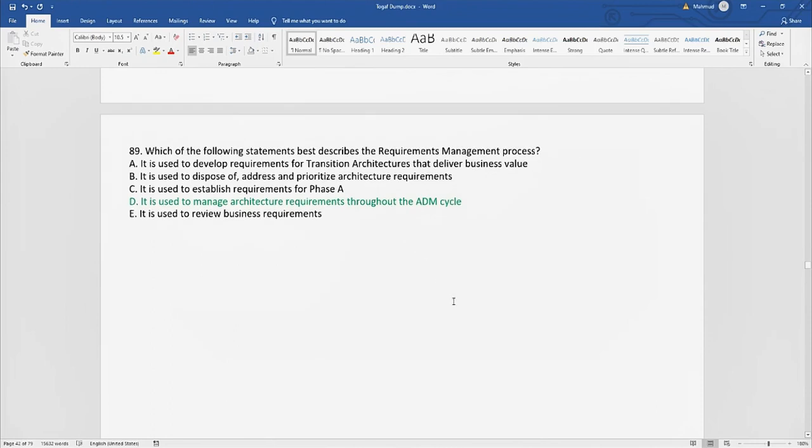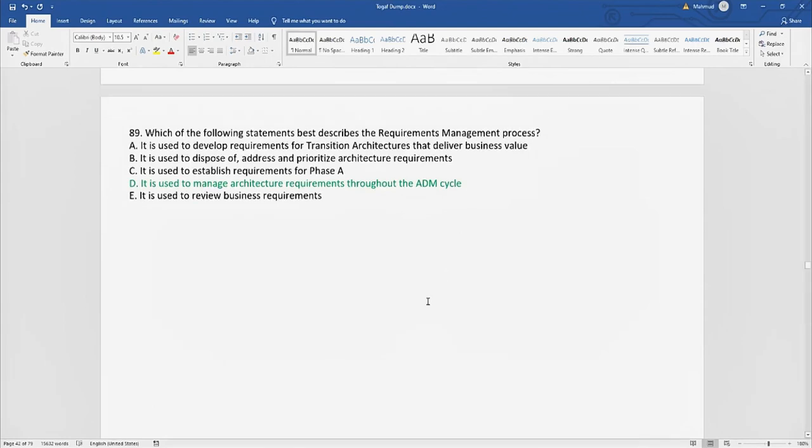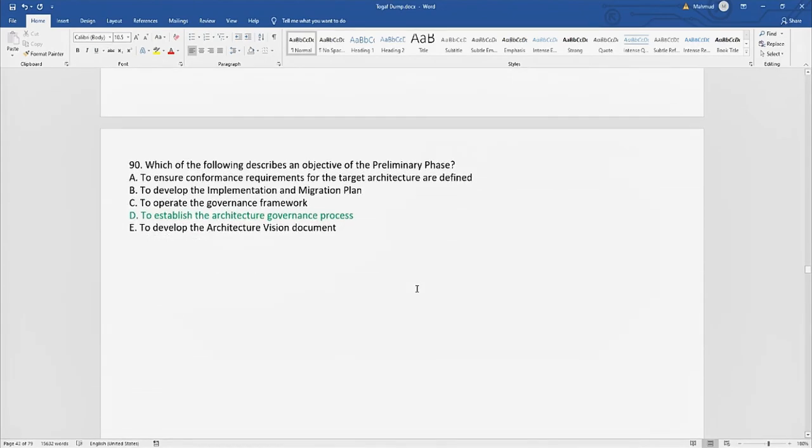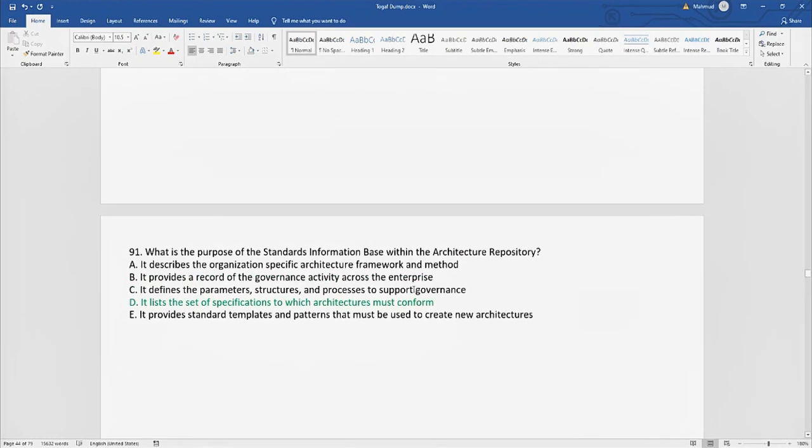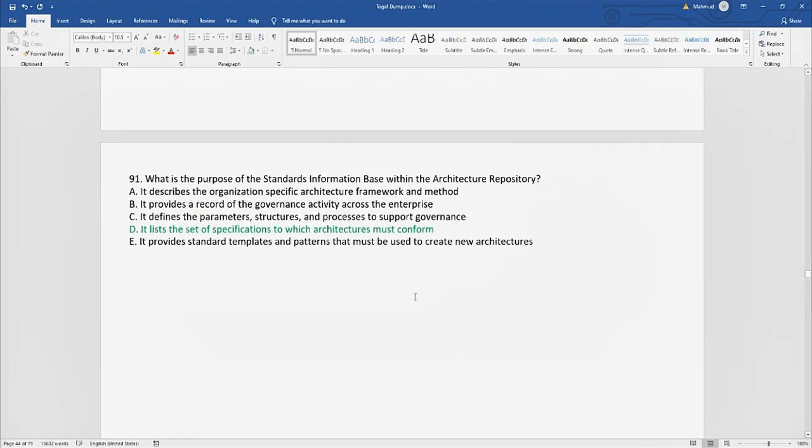89. Which of the following statements best describes the requirements management process? It is used to manage the architecture requirements throughout the ADM cycle. Which of the following describes the objectives of the Preliminary Phase? To establish the architecture governance process. What is the purpose of the Standards Information Base within the architecture repository? It lists the set of specifications to which architecture